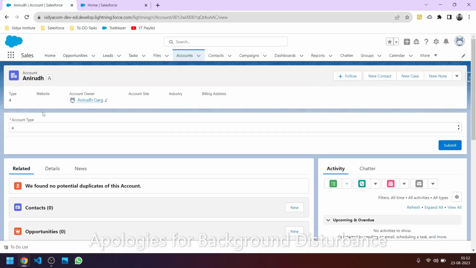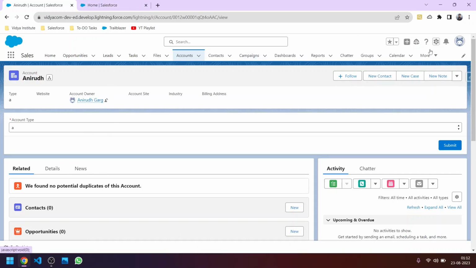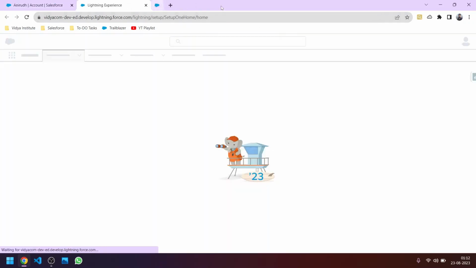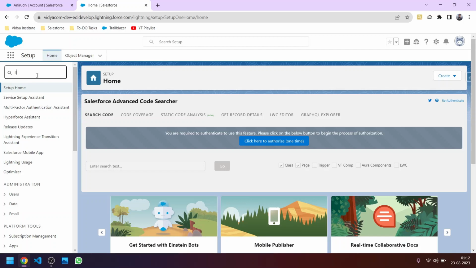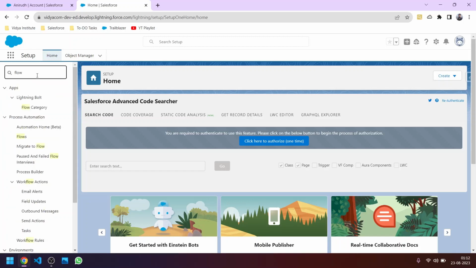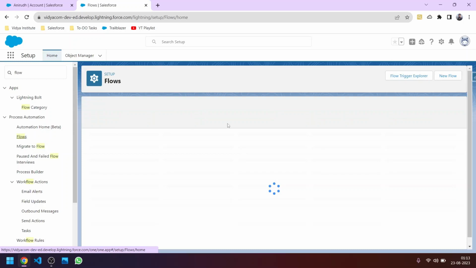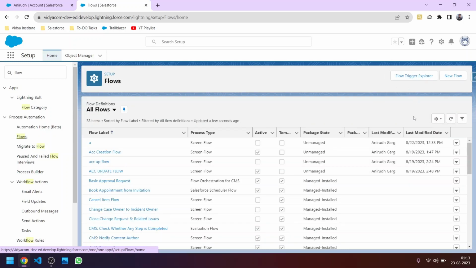So I will show you how to create a related contact to account. So let's go to the setup. In the quick search we will search for flows, and if you are yet to watch those videos, then please first watch them. It will be better for understanding. So in the quick search, searching for flows, then we will click on new,